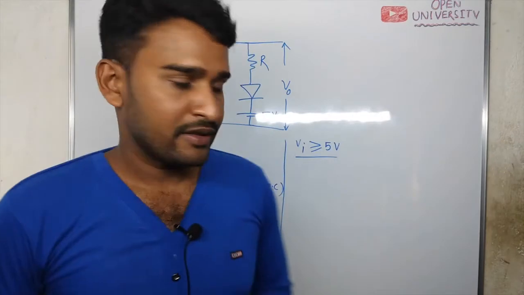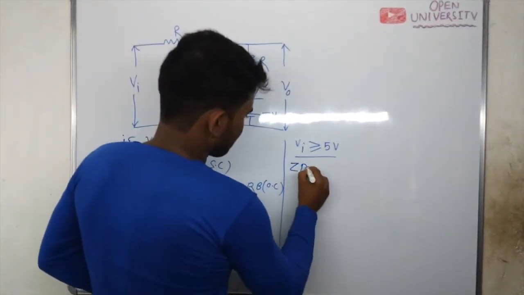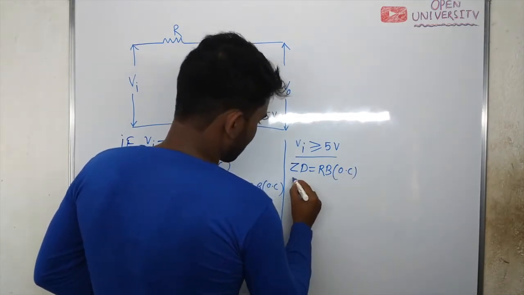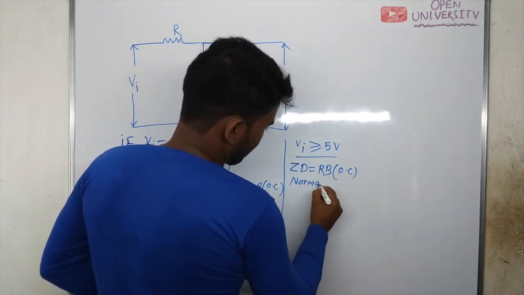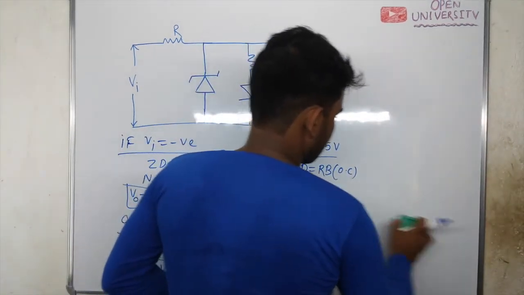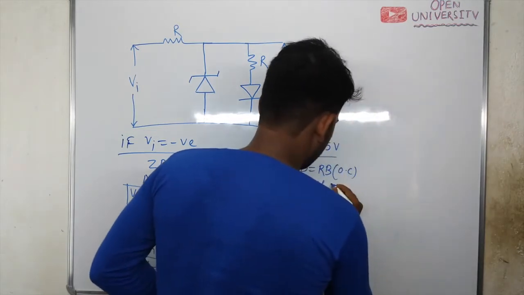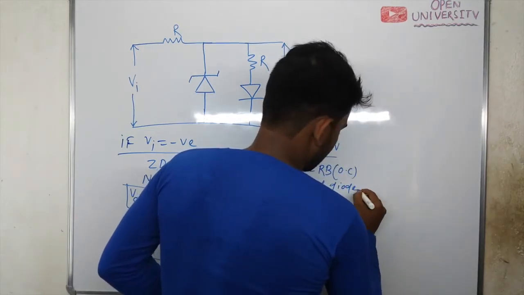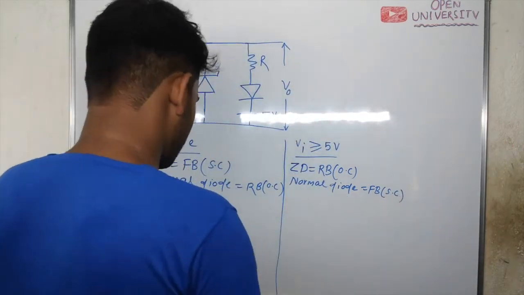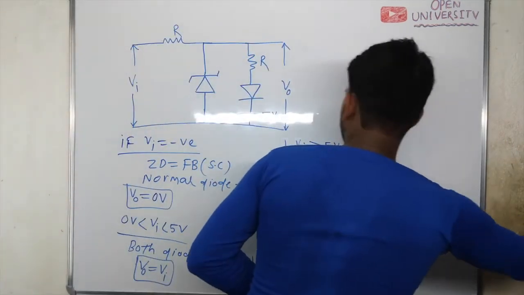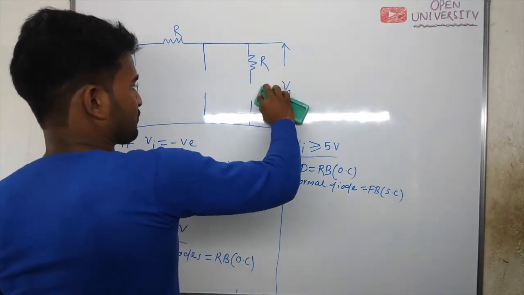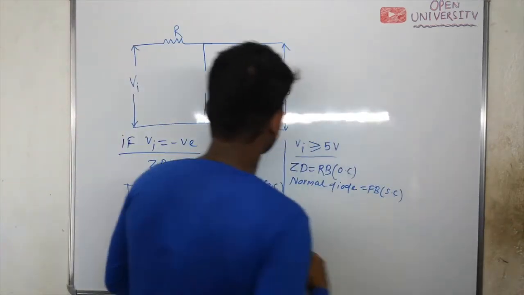After that, the Zener diode will go into breakdown and behave like a constant voltage source. Now in this case, the Zener diode will be reverse biased but not in breakdown, so it will be considered as open circuit. The normal diode will be forward biased and replaced with a short circuit. Now what is the output voltage? Open circuit the Zener diode, make the normal diode short circuit, and then find the output voltage.